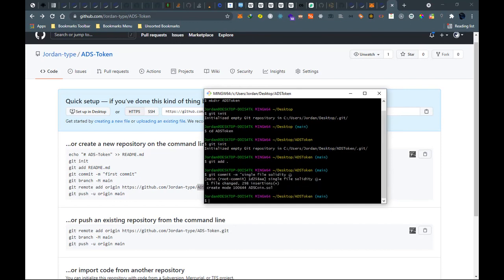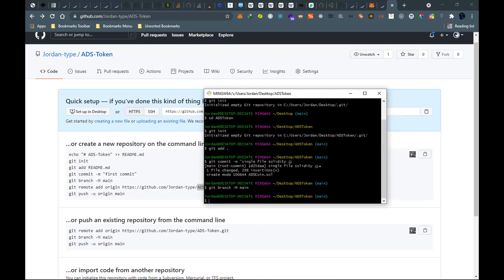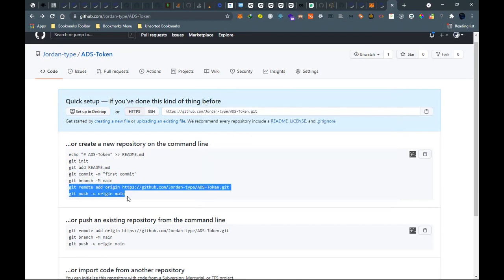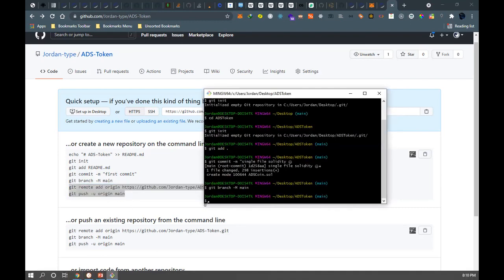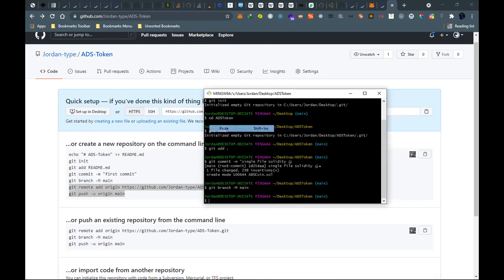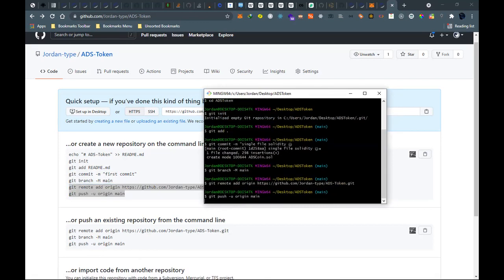Then we'll do git branch -M, which means it's the main branch. Then we will do git remote and then git push origin main. So paste there. Then enter, we have it.